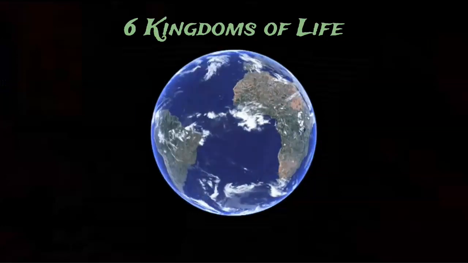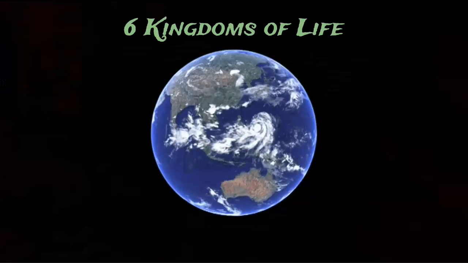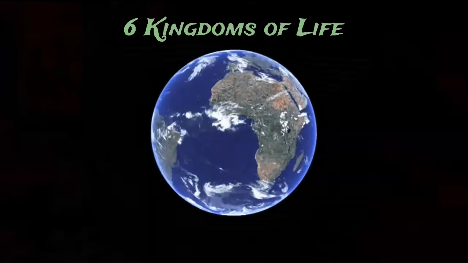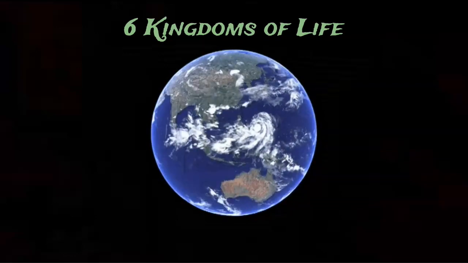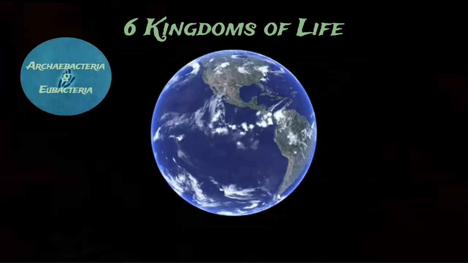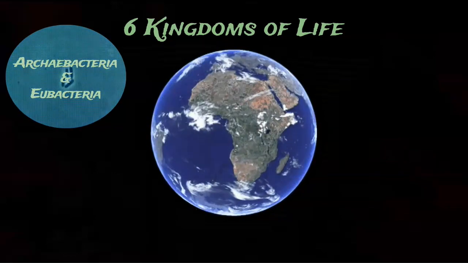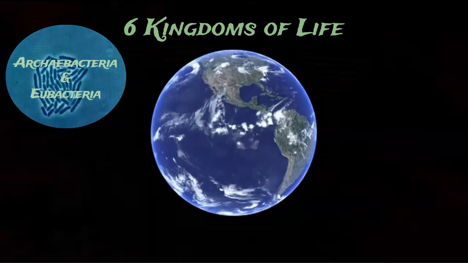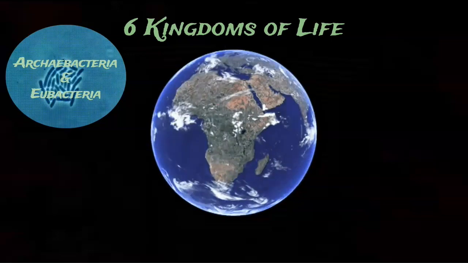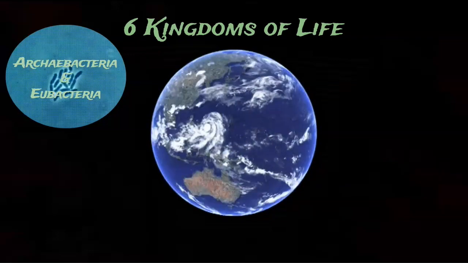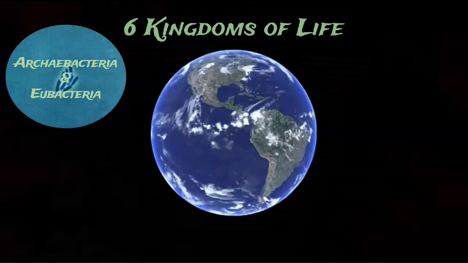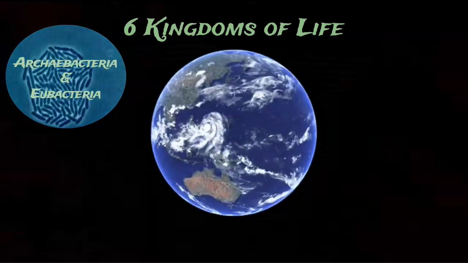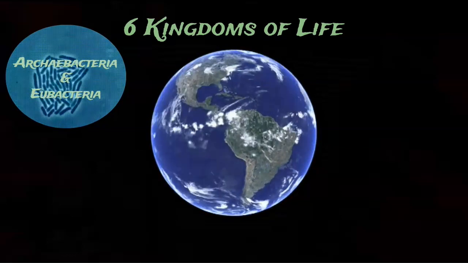So before we actually get started, we have to remember that there are actually 6 kingdoms of life. Now, this is somewhat debated on how these are actually divided. Some say that, for instance, archaea bacteria and eubacteria are not necessarily kingdoms, but their own domains of life. In other words, archaea is so different from eubacteria that some scientists don't even consider them true bacteria. However, for our intents and purposes, we just consider these 2 different kingdoms of life.